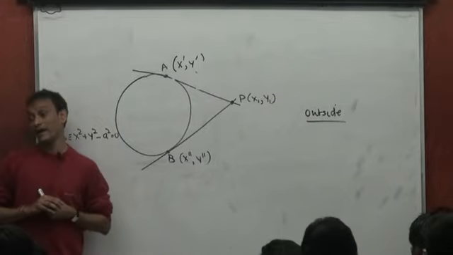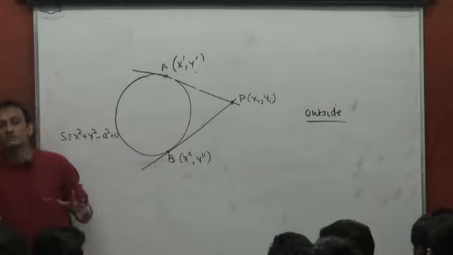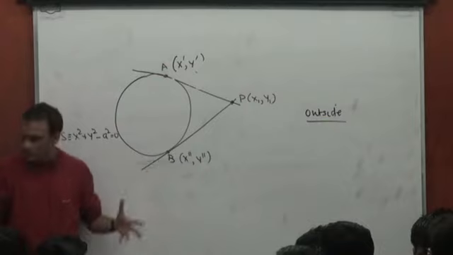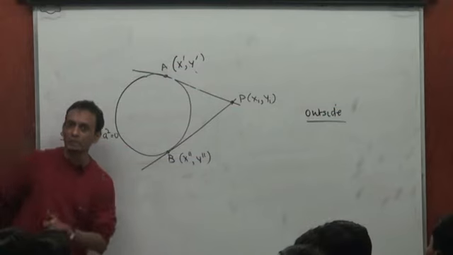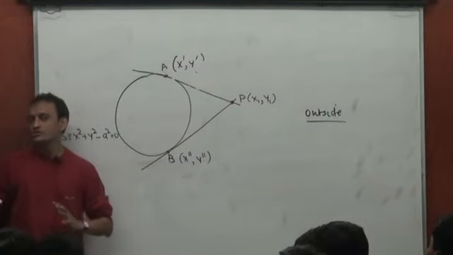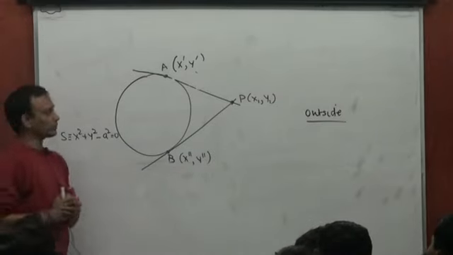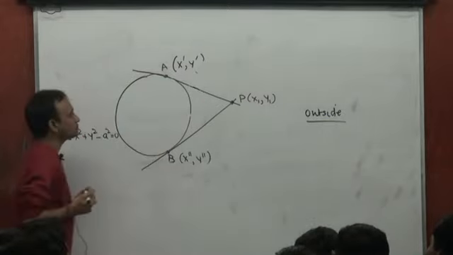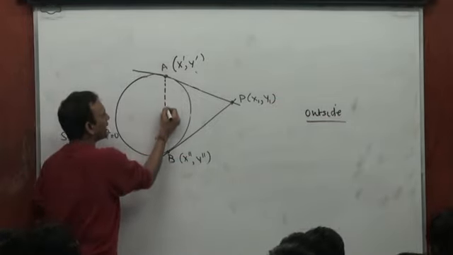We are only pretending that we know A and B. Once we are done with this pretentious assumption, we can dump it, right? So then, now the line joining A and B